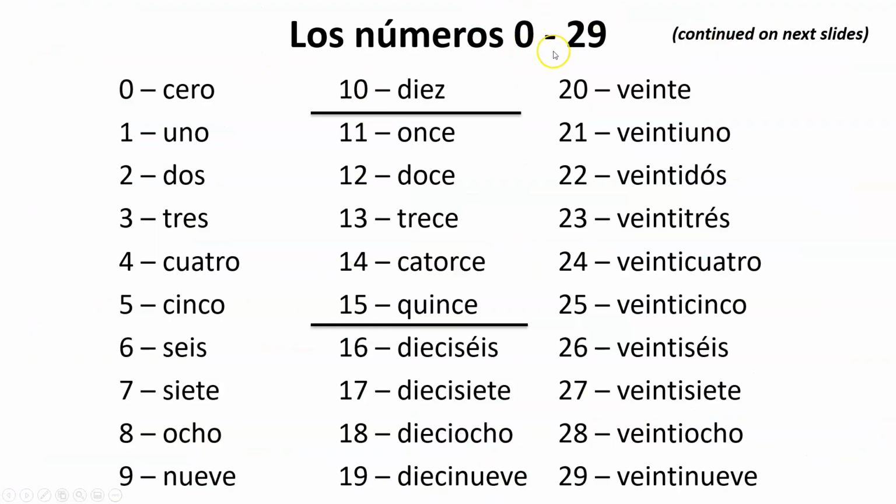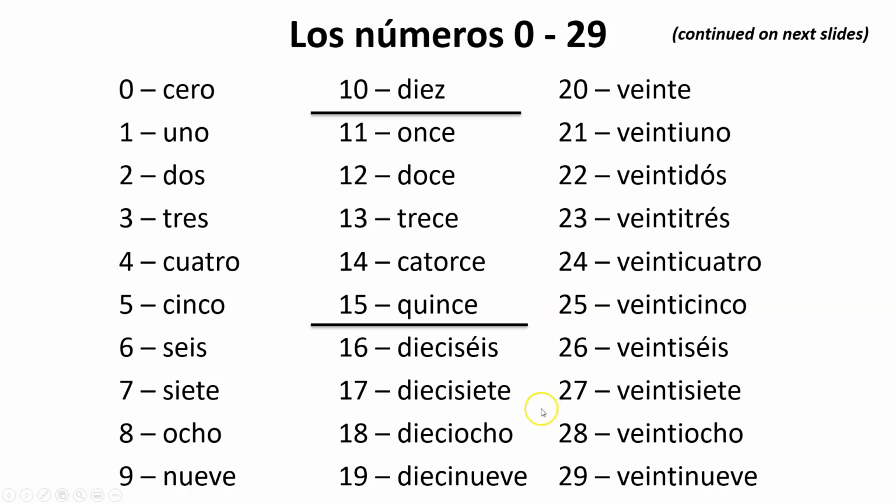So, los números 0 a 29. You must write all of these down. Even though you did learn them first semester, you must remember them for this chapter. So we have 0, 1, 2, 3, 4, 5, 6, 7, 8, 9, 10, 11, 12, 13, 14, 15, 16, 17, 18, 19, 20, 21, 22, 23, 24, 25,